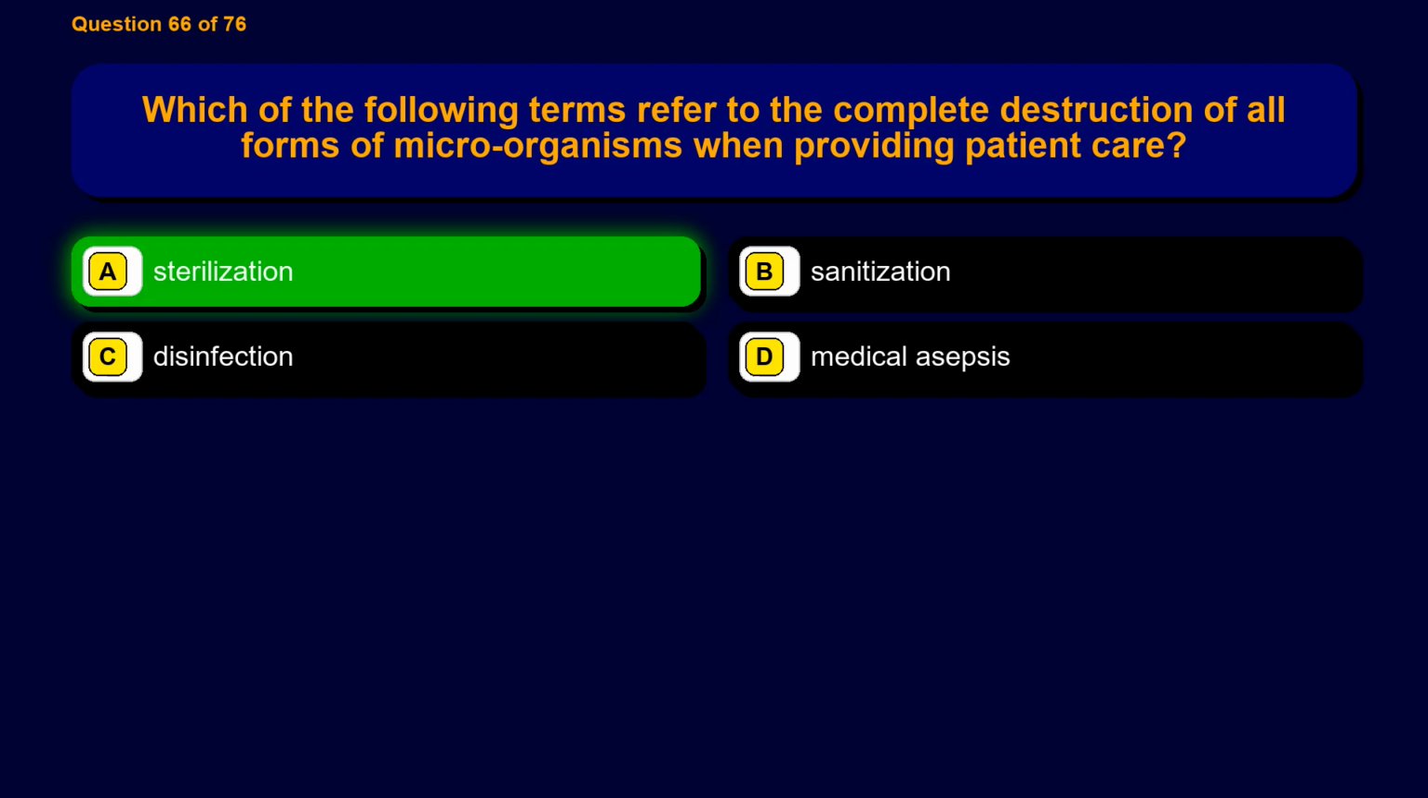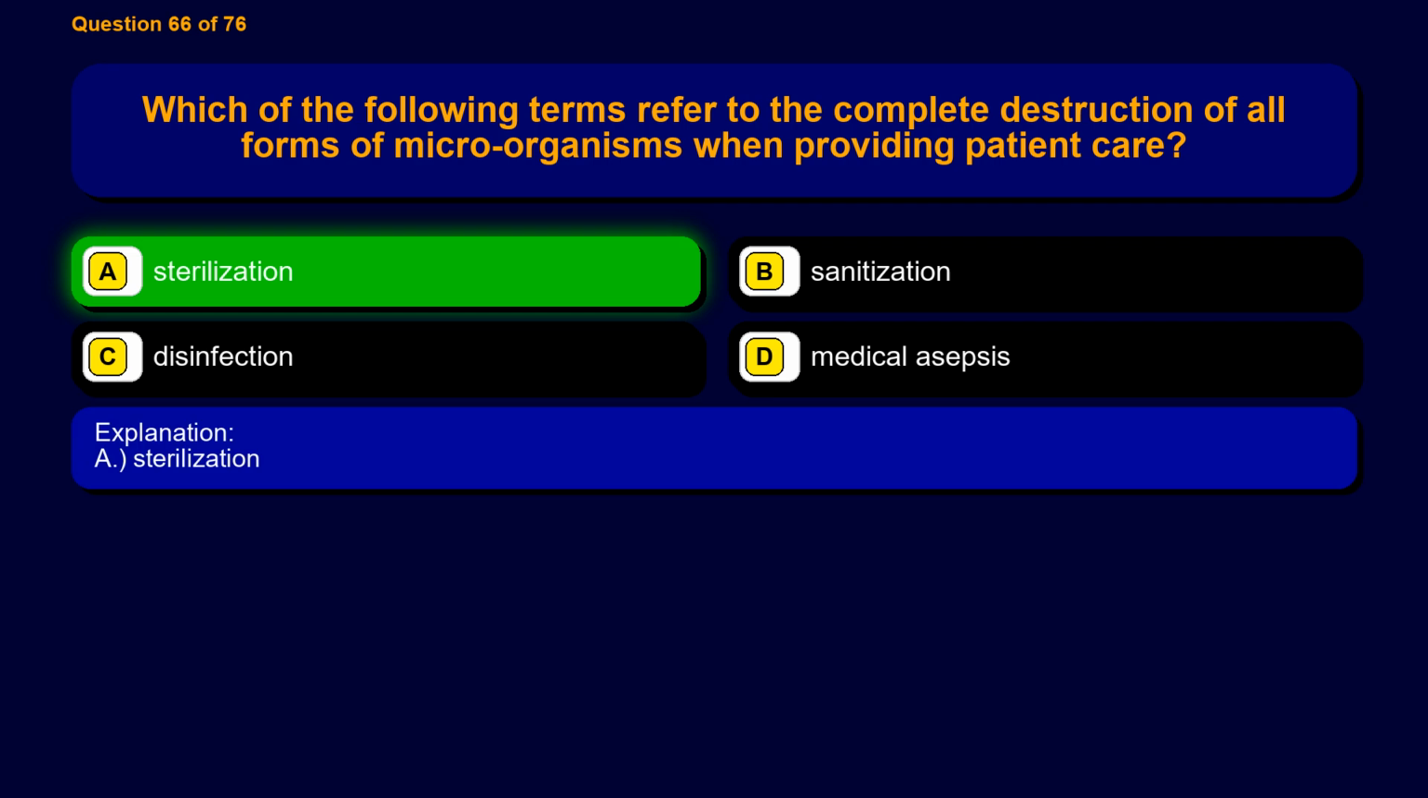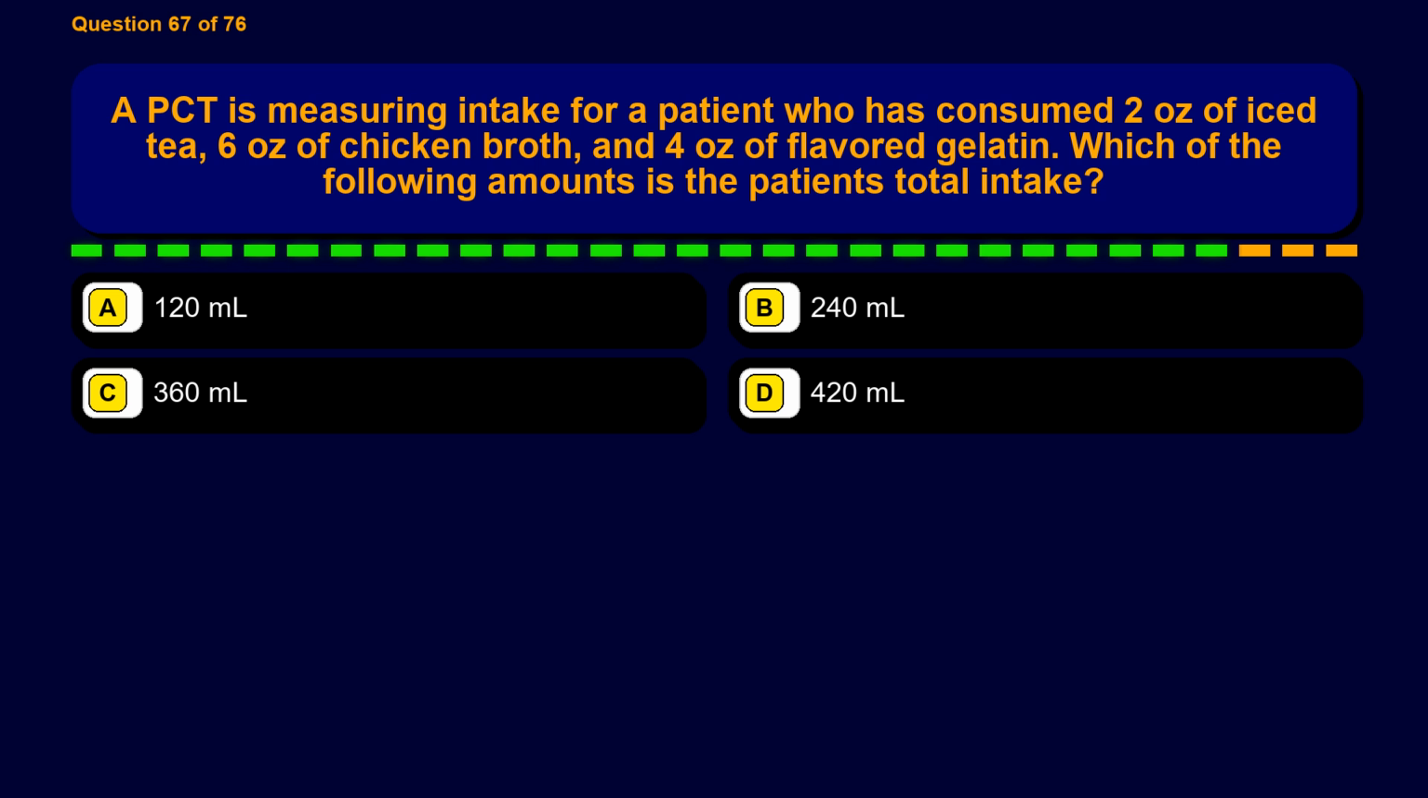The correct answer is option A, sterilization. Question 67. A PCT is measuring intake for a patient who has consumed 2 ounces of iced tea,